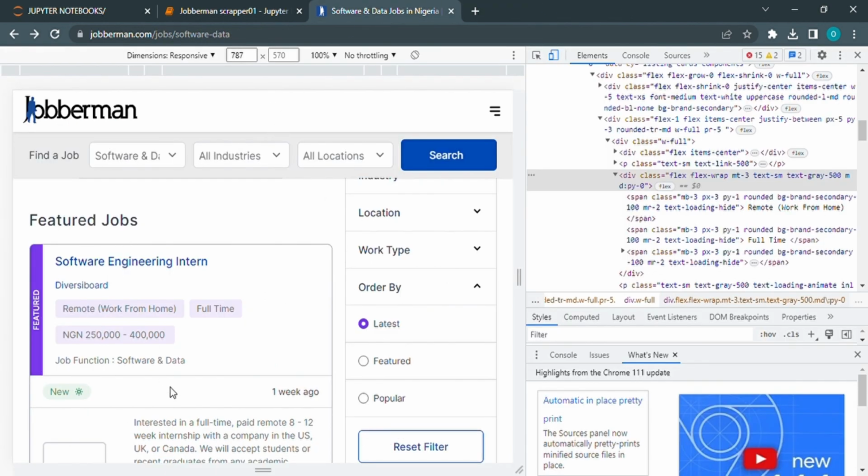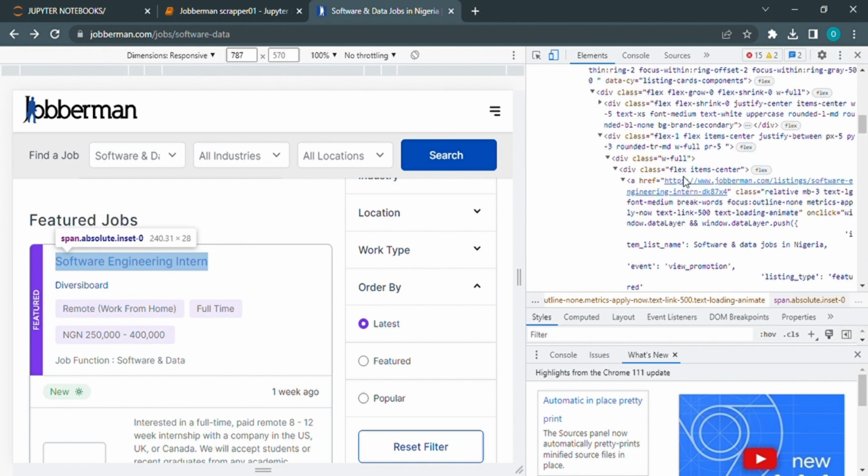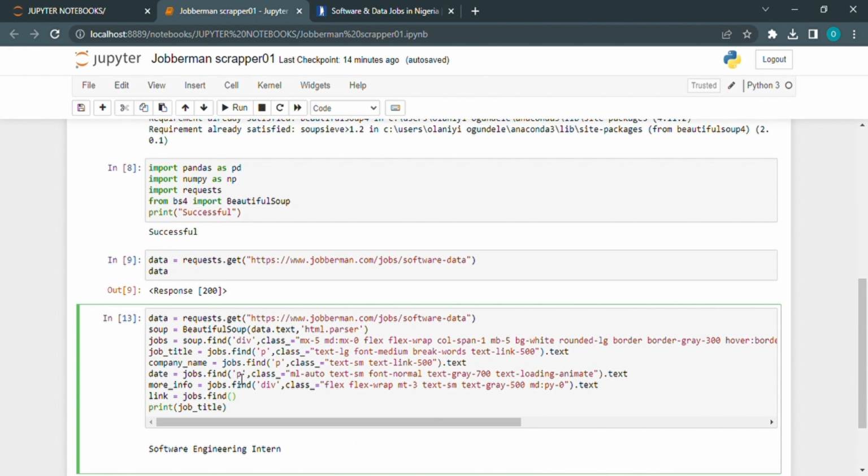So we say inspect, and okay, we see the tag here. It is inside an A tag, so we just want to get this link. So we come back here and say A comma href is equals to true,